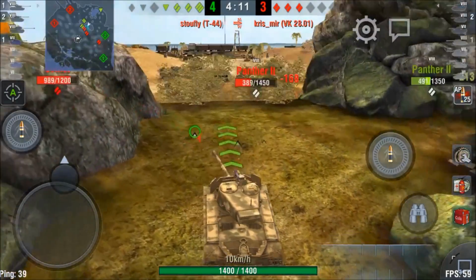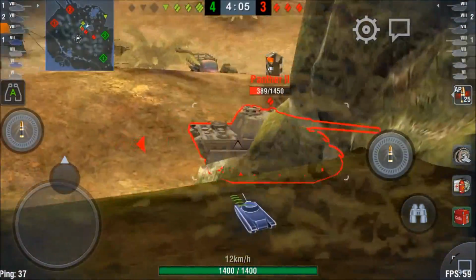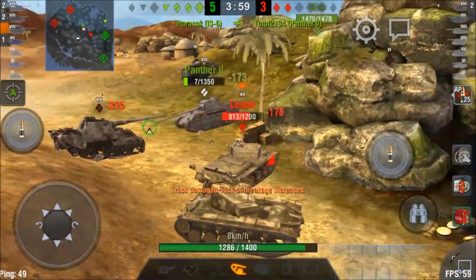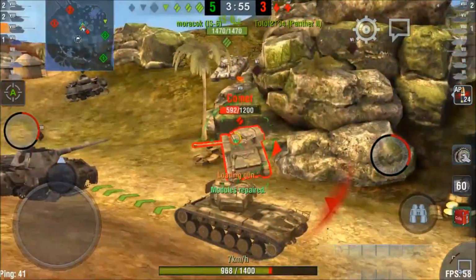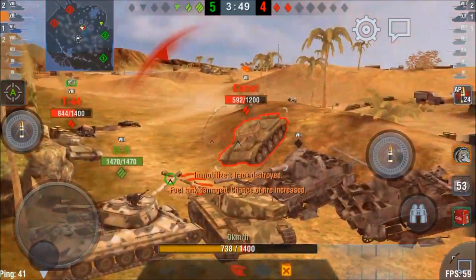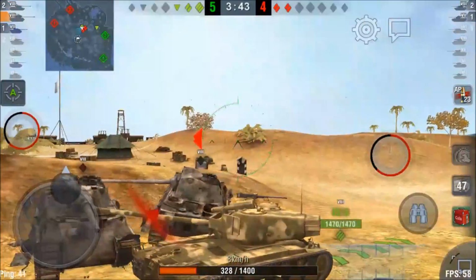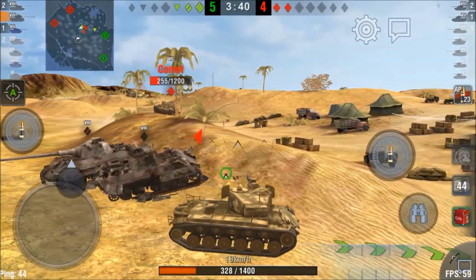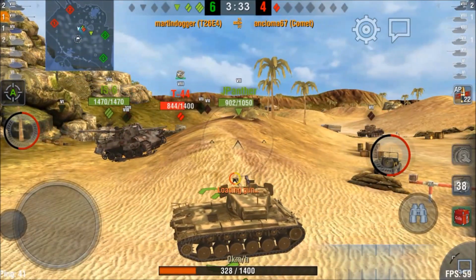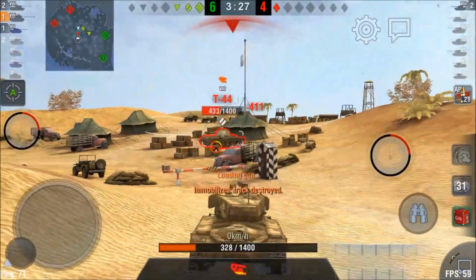We do lose the VK2801 to the T44. I'm slowly climbing up the hill here with the Super Pershing. This tank also benefits from having the added bits, added provisions in patch 2.9. But as you can see, thank you IS6 by the way, the tank from the back, its armor is non-existent. I had 1400 hit points on top of the hill and I'm down to 328 or something fairly quickly. I can take out the Comet, however, moving back behind the hill,